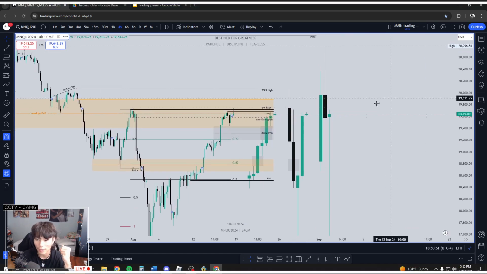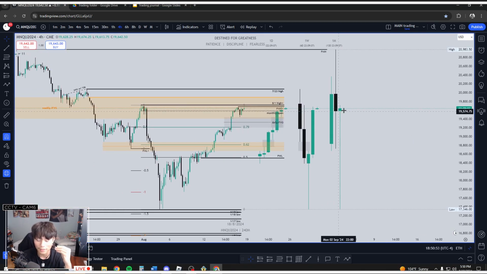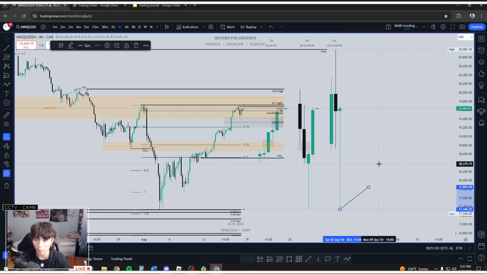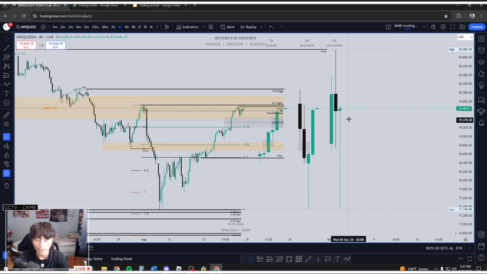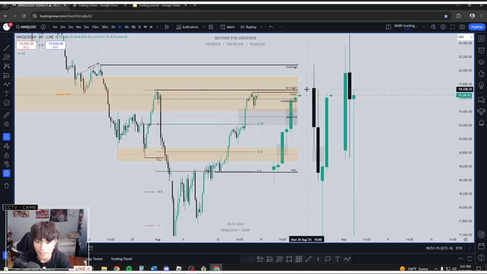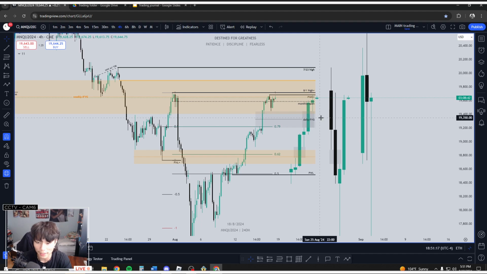So now I can anticipate for this low right here to actually be the monthly low. So now I'm anticipating for prices to expand up higher, and this week we should see expansion. So like I said, I want to see us take out previous week's high. If we can get a retracement back into this daily fair value gap, I would then consider